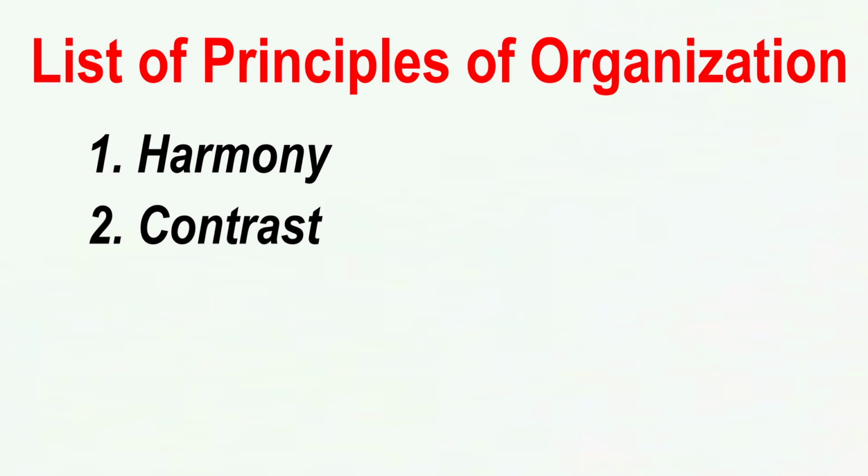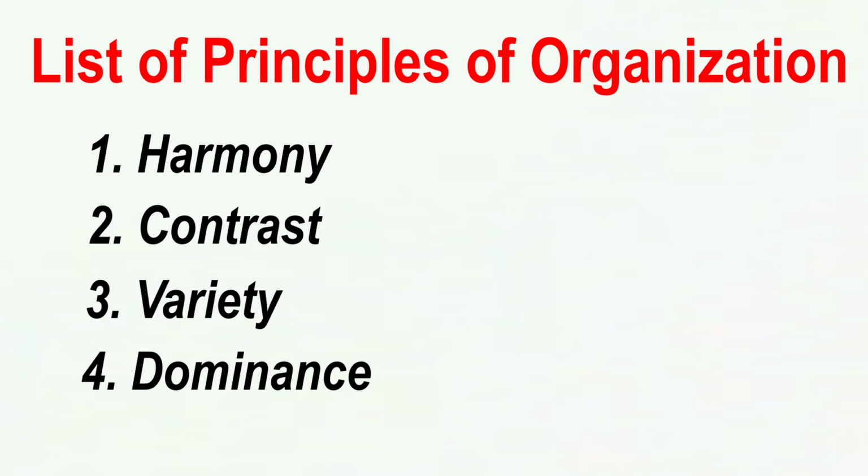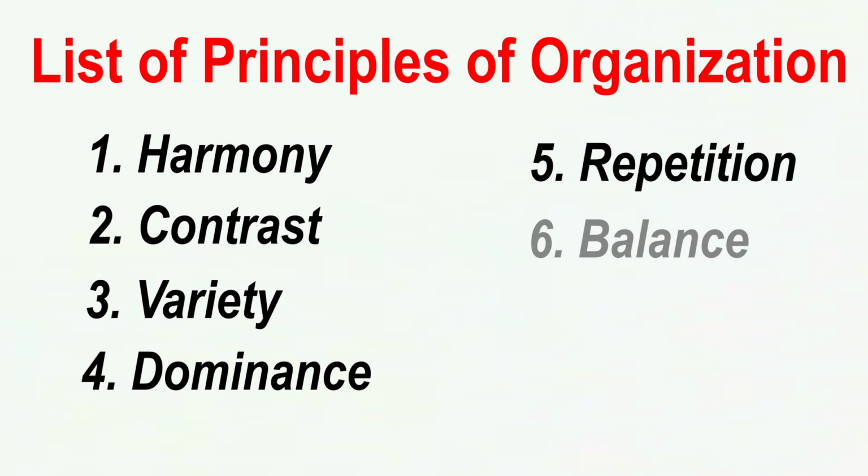And I attribute this to the connotations that we have about words and the difficulty we have with definitions. If you look at them closely, however, you will find that they're choosing to use different words, but the meanings tend to overlap. My list of the principles of organization include harmony, conflict or contrast, variety, dominance, repetition, balance, and